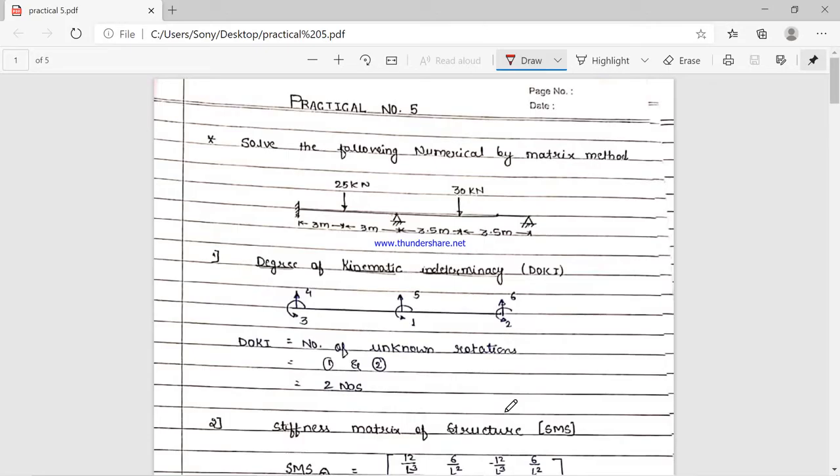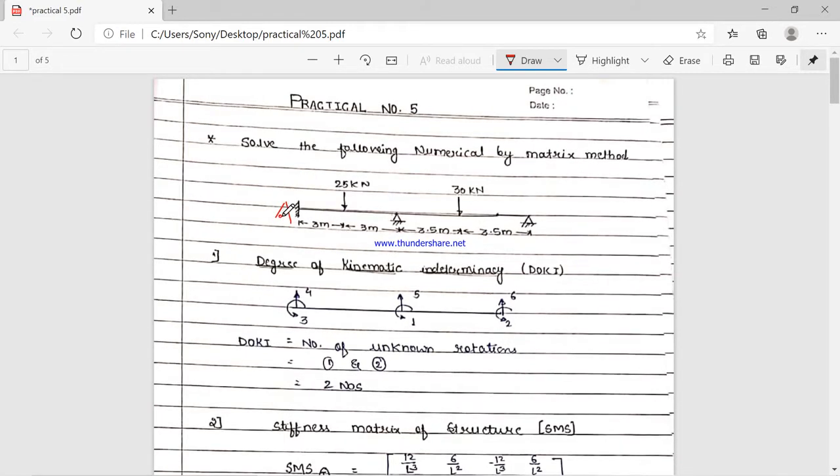Today we will see the next practical, that is practical number 5, which is based on the matrix method of the 2D beam elements. As shown on the screen, this is the numerical taken from practical number 5 of case number 6, in which the length of AB is considered as 6 meter. By default, as the load is acting at the center, L by 2 is given. Therefore total span is equal to